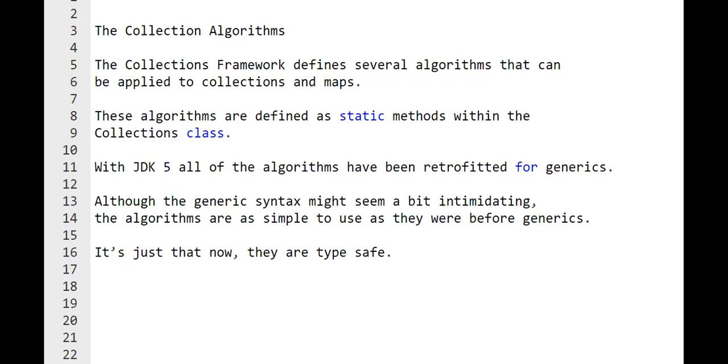Let us look at the various lists of the algorithms that are present in the Java package. So for each method, we'll just look at their description.